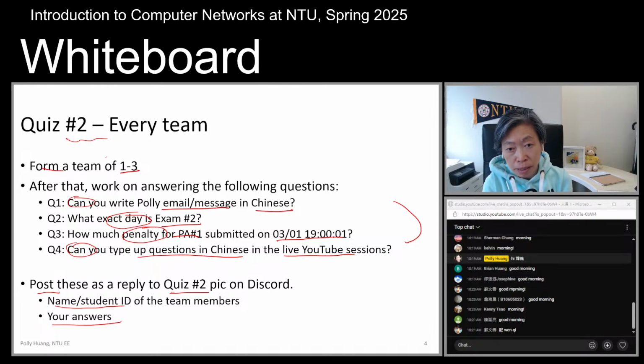And domestic students, you might know some of the students in the class already, and you probably form a team of 2 already. You could also post saying, hey, we are a team of 2, and we're looking for 1 more to join, okay? If you like to be alone, it's okay. Just stay quiet, type up your name as a lone wolf for your team, and then give the answers to the 4 questions.